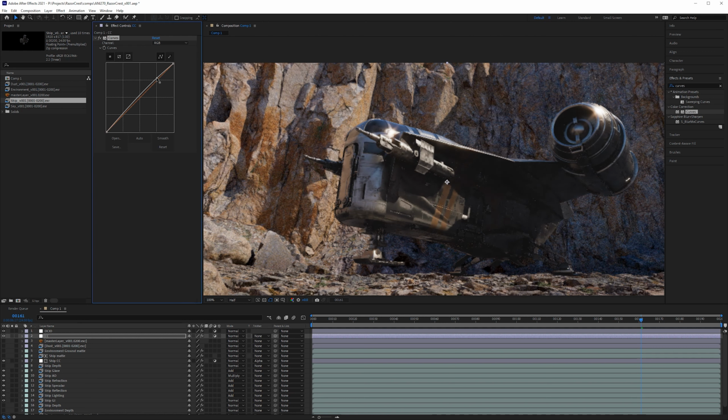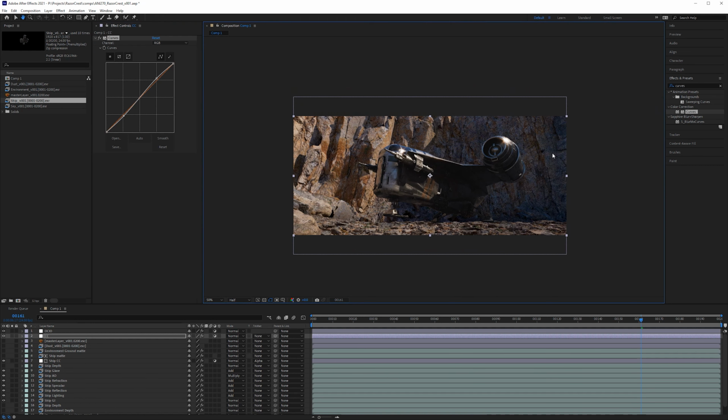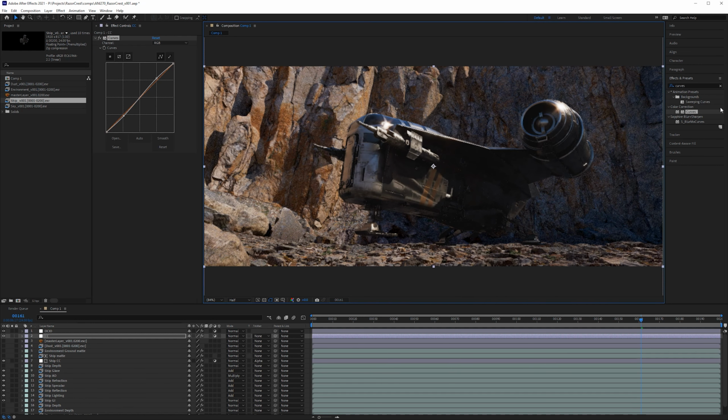This is already fairly contrasty. We don't want to make the shadows too dark, and we don't want to make the highlights too bright because it already looks pretty good in my opinion. But we can add just a little bit of contrast like that. And I think that will look just a little bit better. We're kind of darkening out some of the background a little bit more. We could go a little bit further and then do something with a vignette.